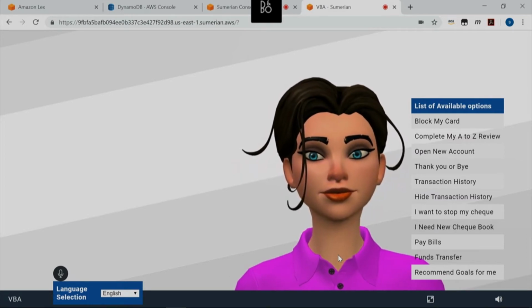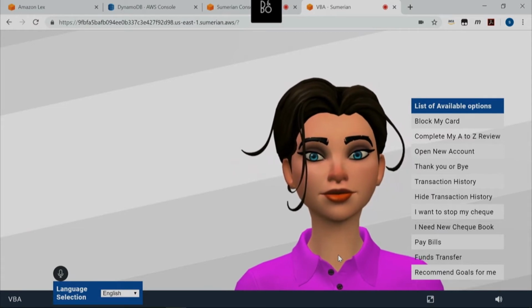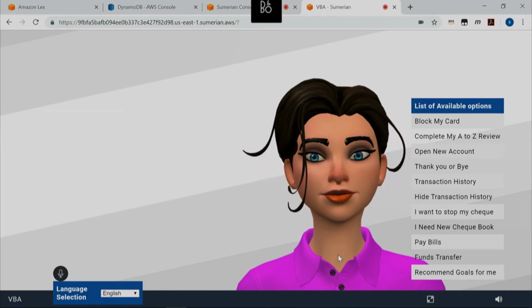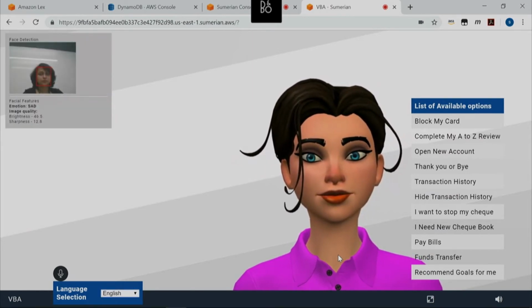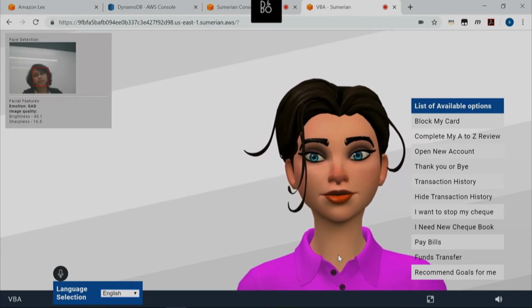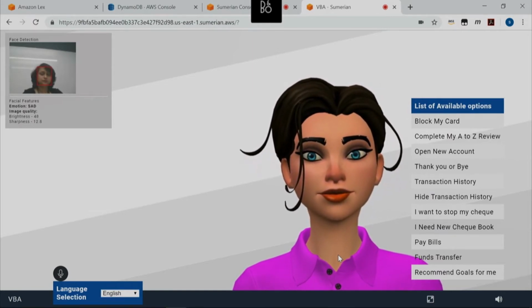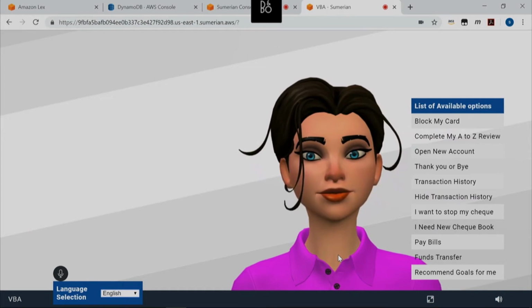It first starts by doing facial recognition for security clearance and to make sure that there are multiple ways of authentication for users that are trying to access this application. And then it allows you to have different types of conversations and check different bank accounts and transfers and do a lot of different activity using voice-based interaction. One of the questions that we have here is, does it support Hindi?